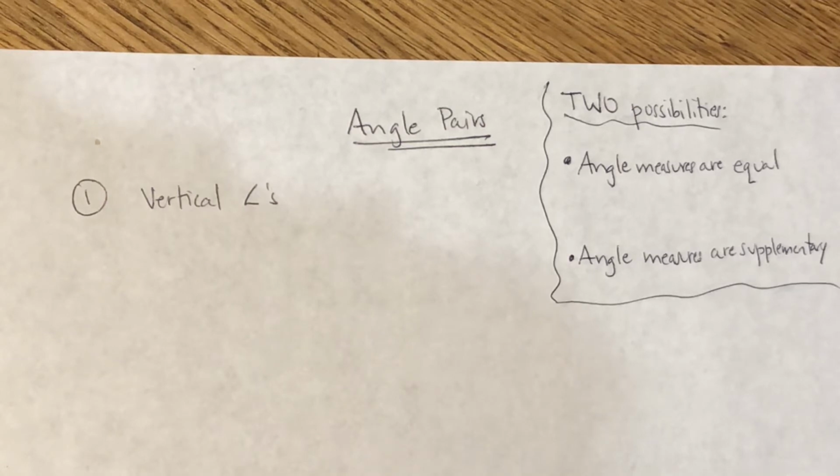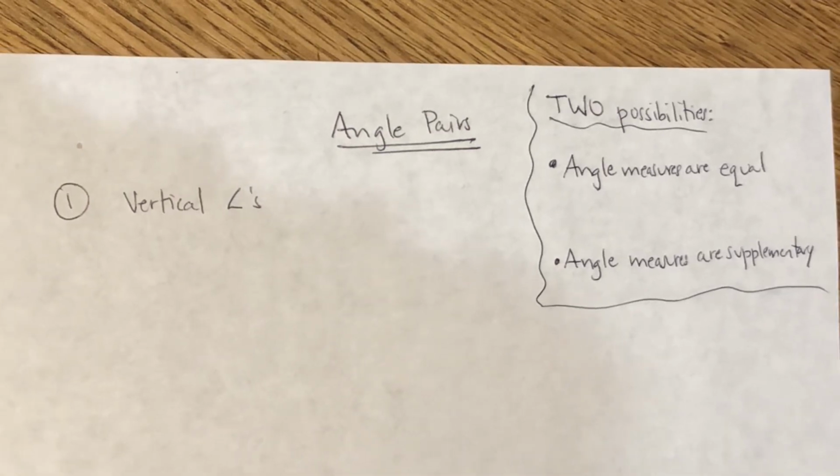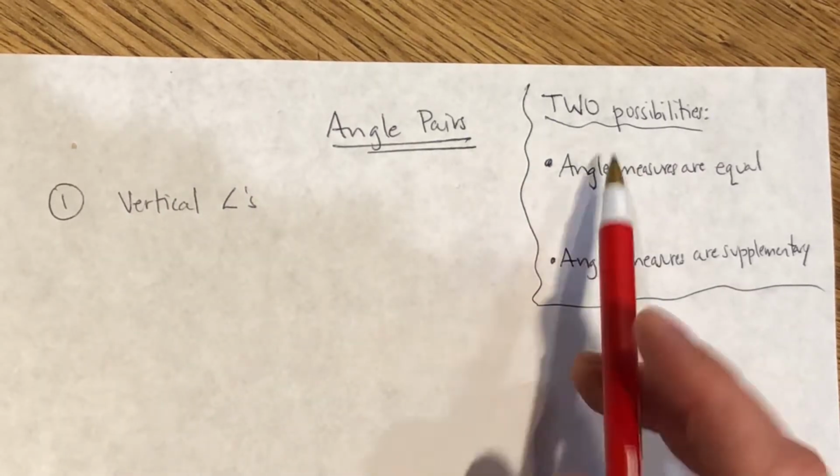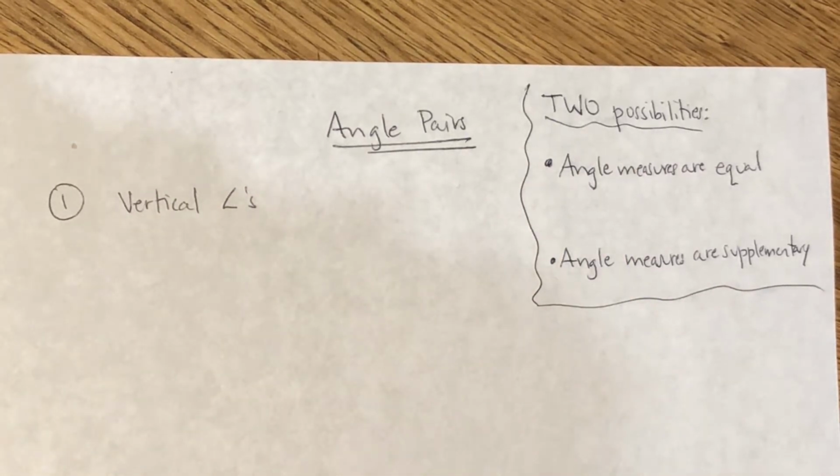Just want to give a quick overview of the different type of angle pairs that we'll be working with. And the first thing I want to say is one thing to keep in the back of your head as we go beyond identifying angle pairs and where they are. The next step is what's true about their measurements. And in the circumstances that we're going to be dealing with, we're going to see that there's two different possibilities. So while there's several different angle pairs we're going to identify, there's only two end results that can be true